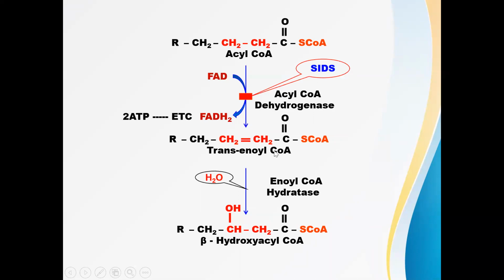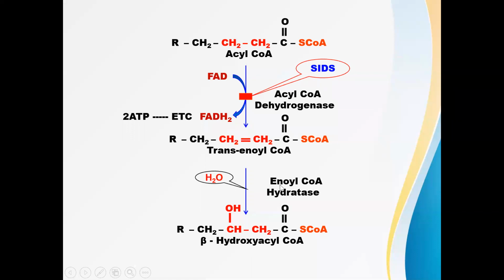The second reaction in beta oxidation proper is hydration. Obviously, the hydration reaction requires a water molecule. This hydration brings about the incorporation of a hydroxyl group at the beta carbon. This double bond is removed because of hydration, and there is incorporation of an OH group at the beta carbon. That will lead to the formation of beta hydroxy. When this is alpha, this is beta. You have the formation of beta hydroxy acyl CoA.